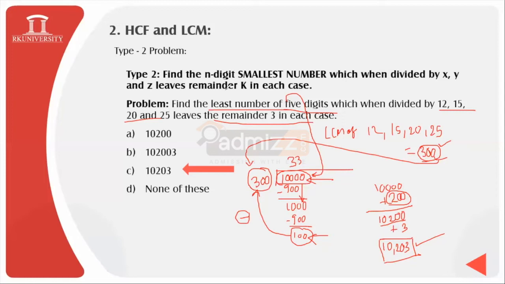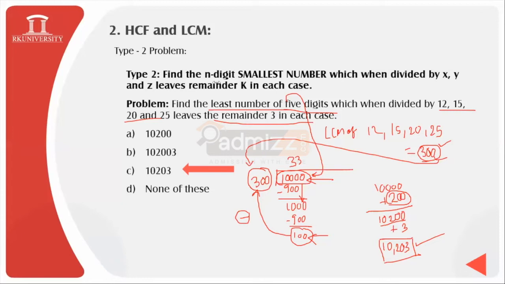The same process, yes, the same process, students, you can apply for least number of 6 digits, least number of 7 digits, or higher number of digits. But generally, it has been observed that you will be asked with either least number of 4 digits or 5 digits or 6 digits at max. But in case, be very careful, students. Type number 1 and type number 2 are quite confusing. So to avoid confusion, just observe and practice both the types properly.